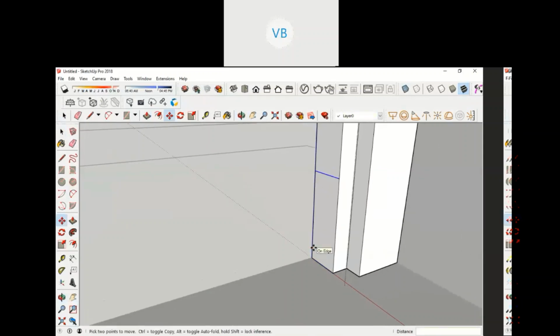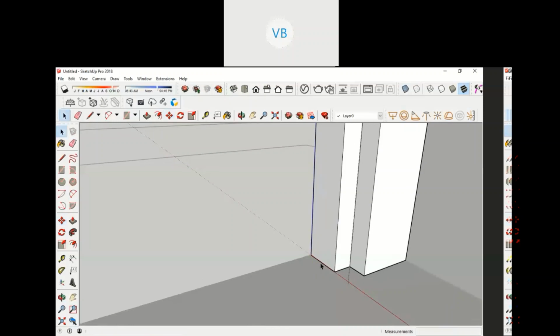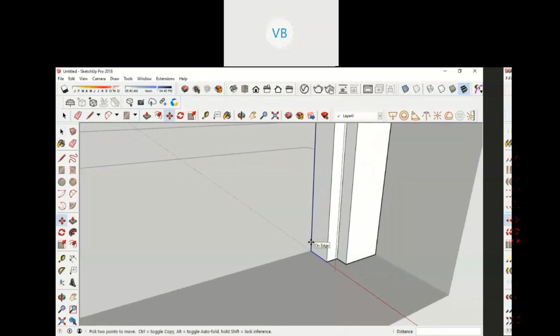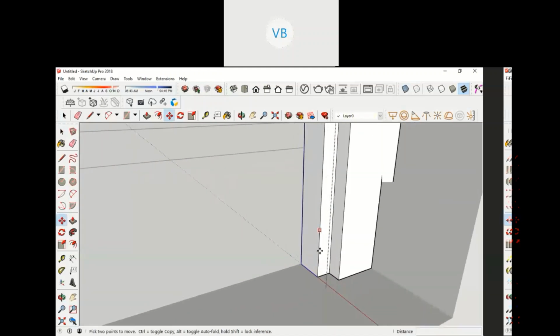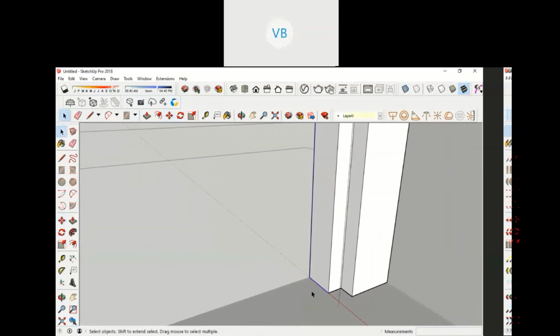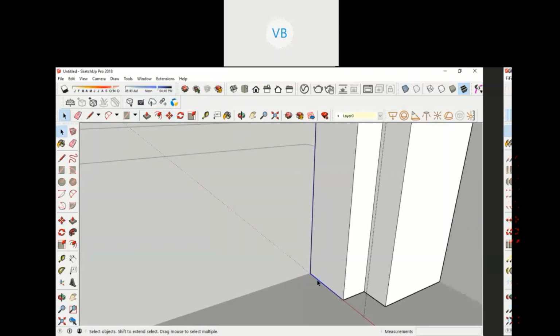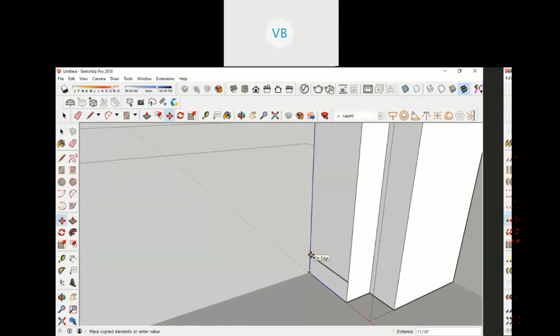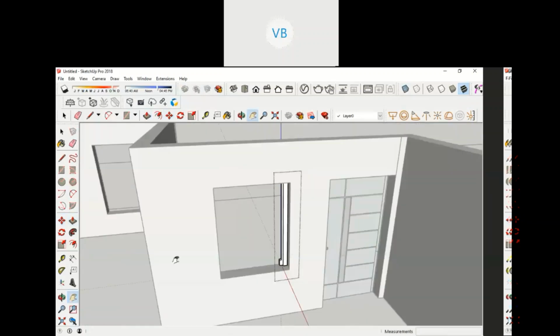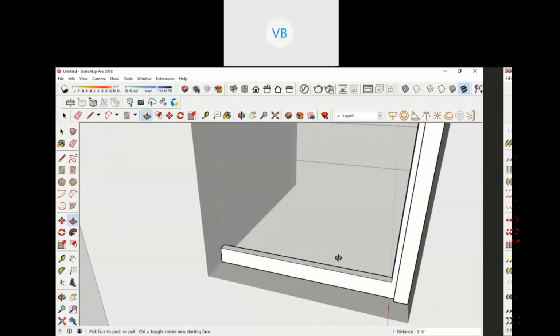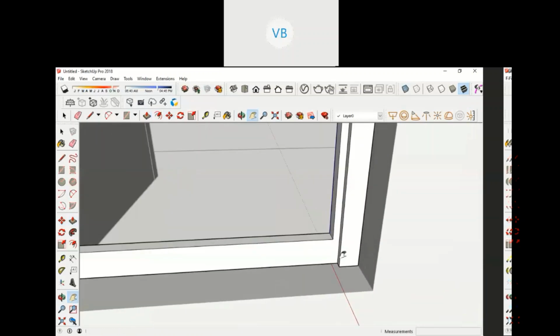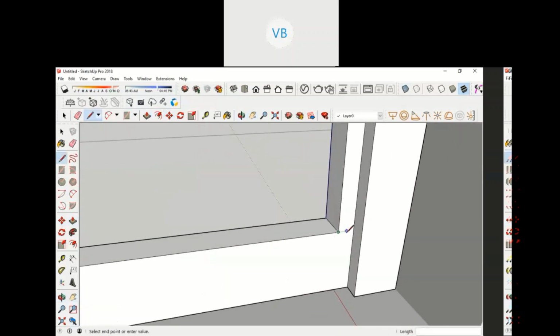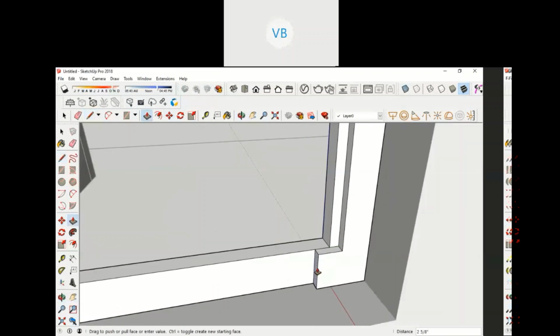4, sorry. There's something called the follow me command. I'll tell you that as well, not in this class but in the next class. I'm just showing you how to do basic modeling in SketchUp as of now. Very basic modeling. In the next class, I'll tell you in detail what the follow me command is, and you don't have to complicate these things here.